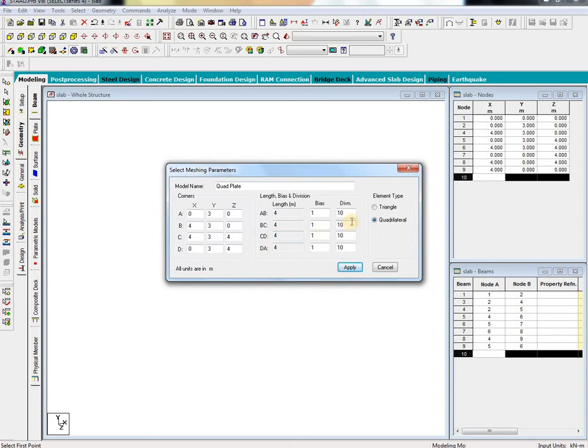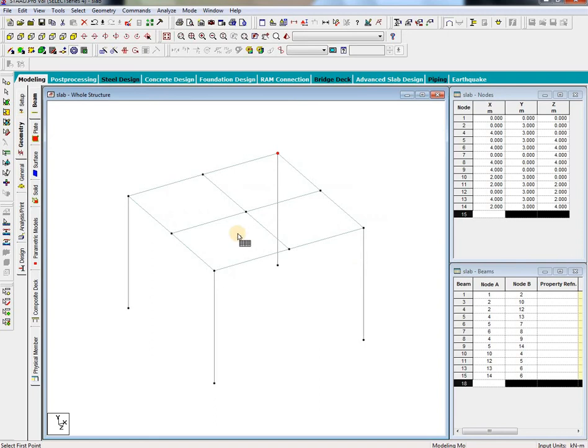In that, for each length AB, BC, CD and DA, that is each 4 meter, I divided, it's my assumption, into 2. Each number will be 2. Apply. See, it's divided 2, 2, 2, 2. Okay, then geometry is ready.